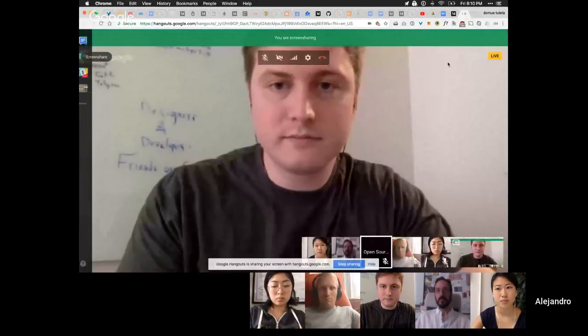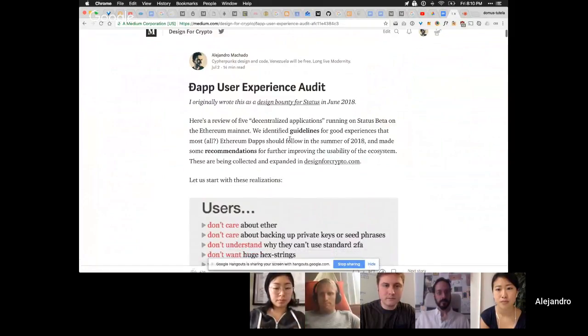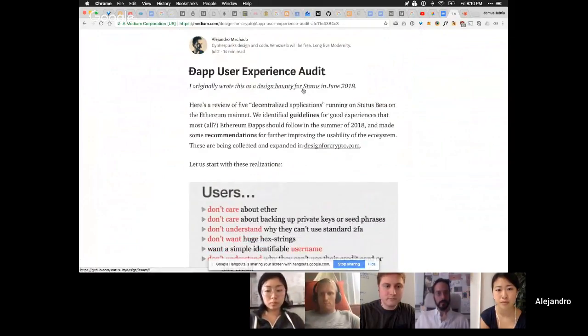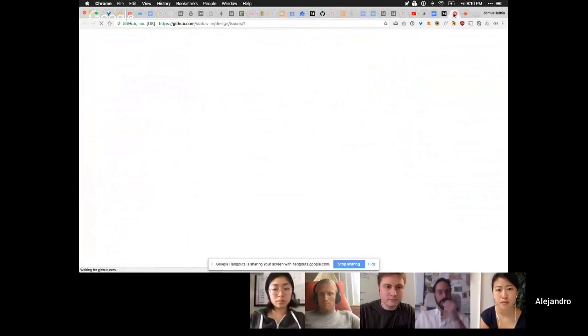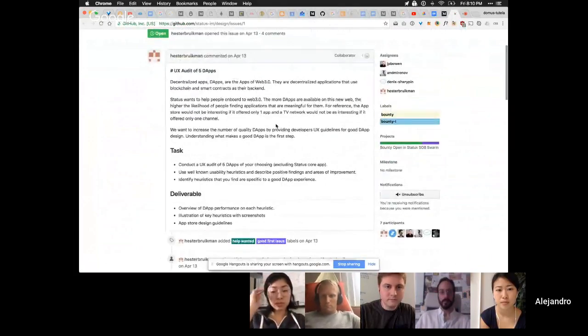I'm going to share my screen. This is a very long article, and I kind of apologize for that, but it's a very thorough audit that I wanted to do. So this was originally a design bounty that Status published in their GitHub. They just briefly gave a description for what they wanted, and I just tried to follow it